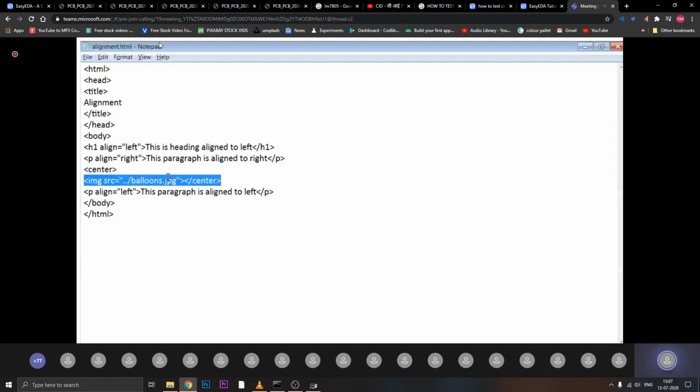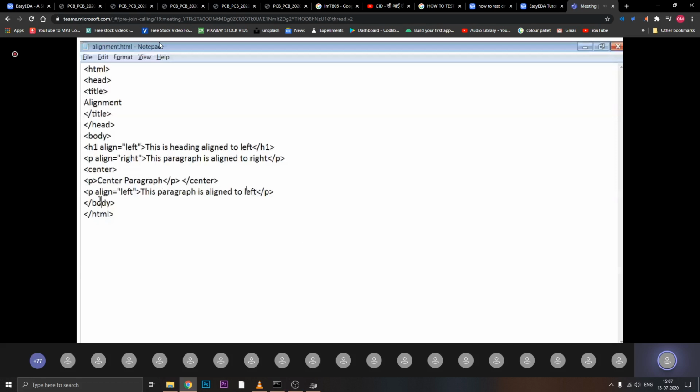So here what I did, with the help of the center tag, I have added one paragraph, that is the center paragraph, and I made the alignment to the center. Then on the next line, I have added one more paragraph and aligned it to the left of the web page. Then I have closed the body tag, then I have closed the HTML.